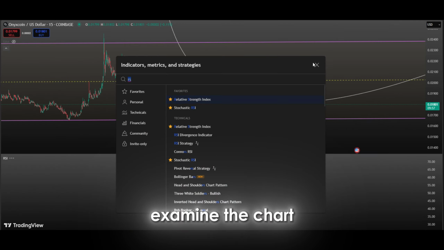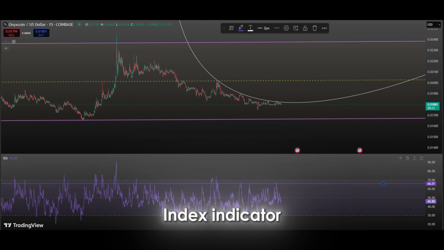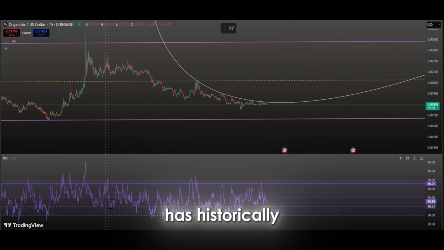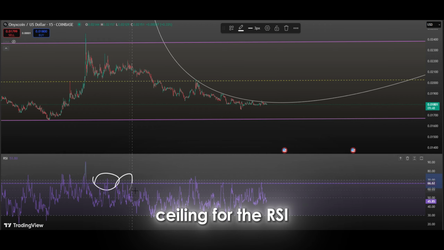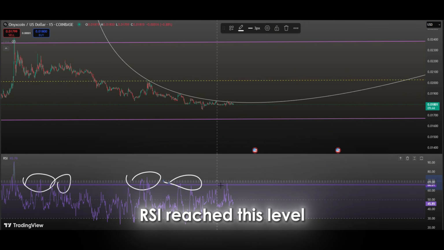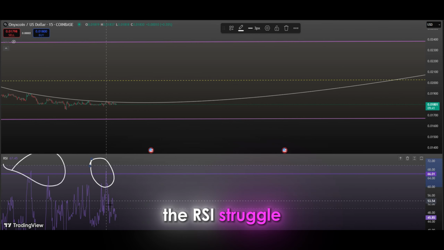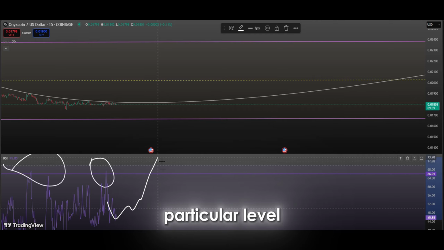When we carefully examine the chart, a clearly defined resistance line has formed on the RSI, or Relative Strength Index indicator. This resistance level has historically acted as a ceiling for the RSI during several upward attempts. Each time the RSI reached this level, it failed to break through and reversed downward. Therefore, the RSI's struggle to surpass this particular level may indicate that buying strength in the market has not yet